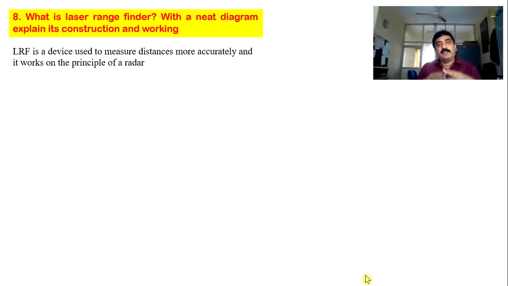Actually LRF are very useful for defense. Soldiers carry this. It is very similar to binoculars, much smaller than binocular, and using that they can measure distances 5 to 10 kilometer distance accurately. So LRF is not only useful for civil engineers, even for defense people also, even in robots also they use LRF, range finders. There are so many places where you can see the role of LRF.